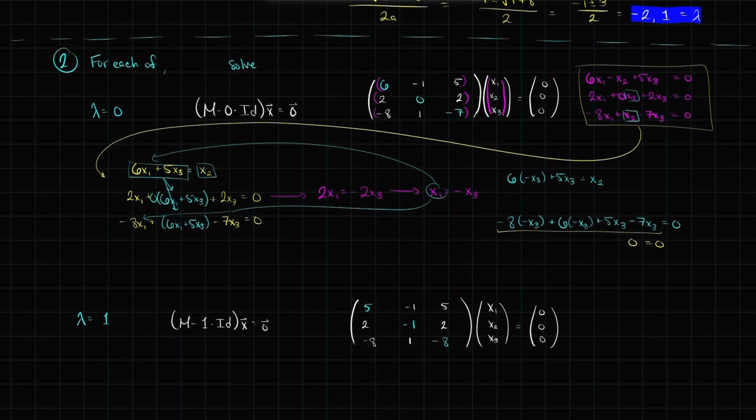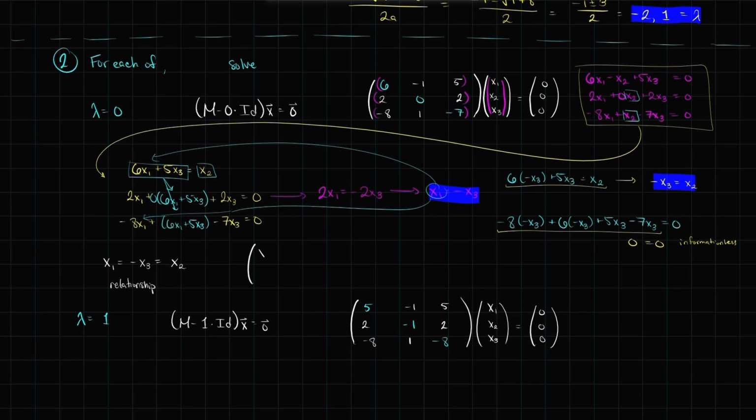And so unfortunately, this line is now meaningless. It's not false, it's just not going to give me any information. Maybe I'll call it informationless. But the top line here will give me some information, because if I simplify that line, I have negative 6x3 plus 5x3. Negative 6 plus 5 is negative x3 is x2. And this is what I mean by the fact that I always end up with a relationship. I've just found out that x1 is negative x3, but I also know that negative x3 is x2. And so here's my relationship,